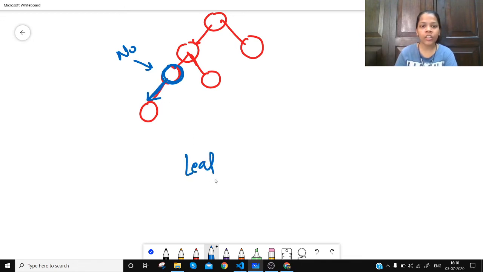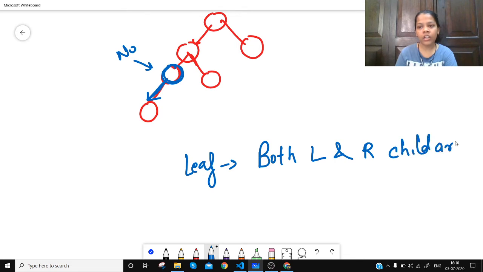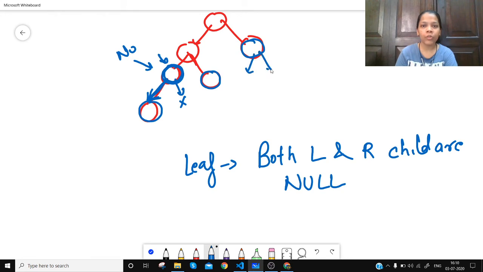A leaf node has to satisfy the condition that both left and right child are null. This one has a left child but does not have a right child, so it will not be considered a leaf node. Whereas this node and this node will be leaf nodes because both left and right child are null. What do we mean by null? That they do not have any node attached as their left or right child.